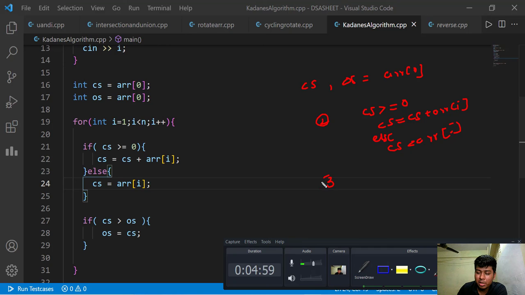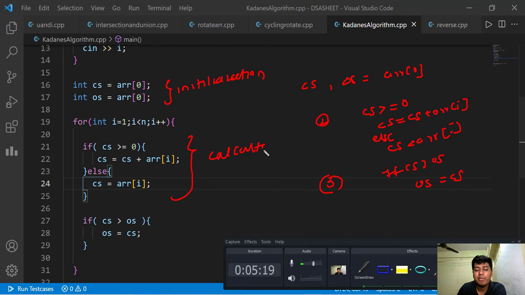Rule number 3 was that in every iteration, we see if CS is greater than OS. If yes, then OS is equal to CS. So we have done the initialization of OS and CS, this is the calculation of CS, and this is the calculation of OS. As discussed earlier, this is how it works.